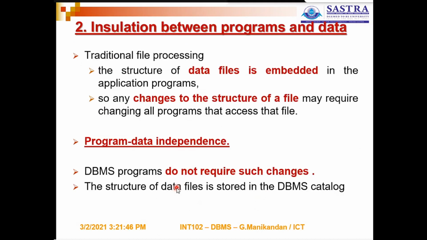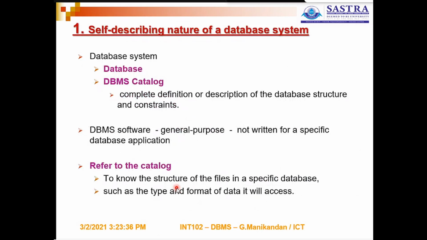So that is the second characteristic. So clear. What is the first characteristic? Self-describing nature of a database system. The concept is, if you take a database system, in addition to the database, it will store the information about the structure of the database. Structure consists of your type and the constraints. For each and every column, what is the data type? What is the constraint? Whether it is going to be a primary key or foreign key, or you are having a check constraint, not null constraint. Like that, the various constraints associated with that particular field will be stored